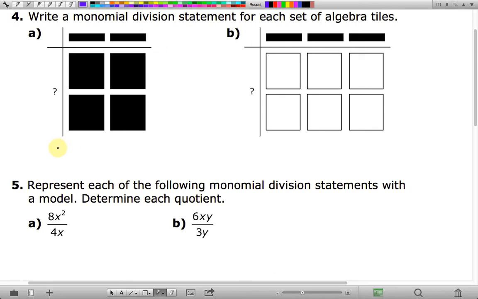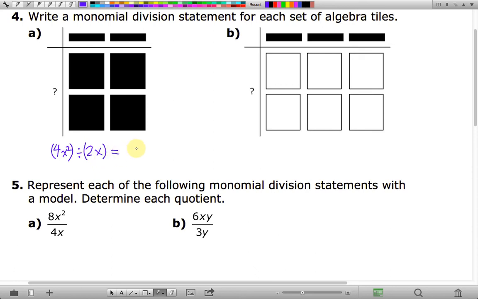And you can see that we've got the 4x squared tiles in the middle here. And what we're dividing by, so this is the dividend, and the divisor is indicated up here. We're dividing by 2x. So we've got 4x squared that we're dividing by 2x,